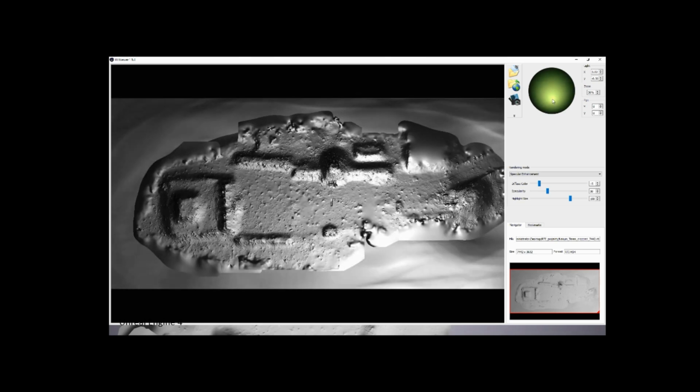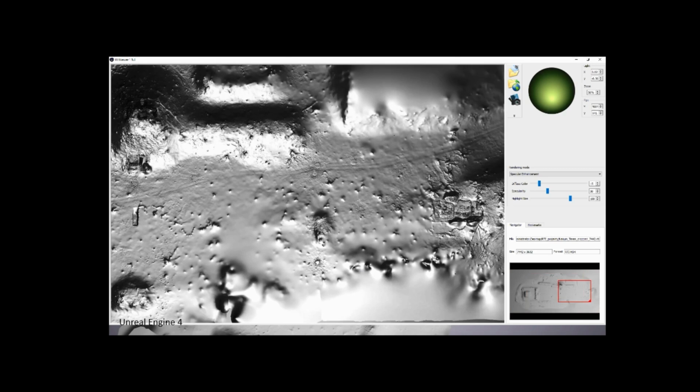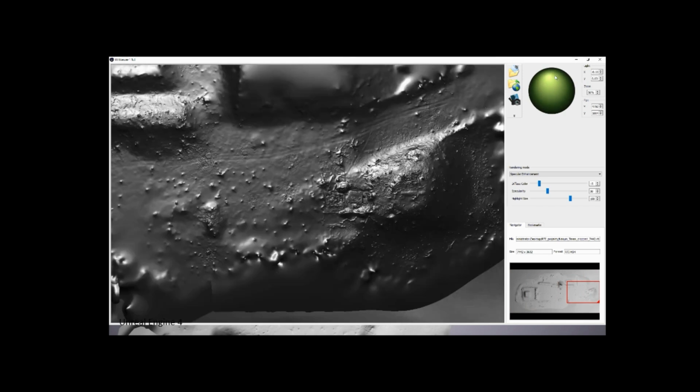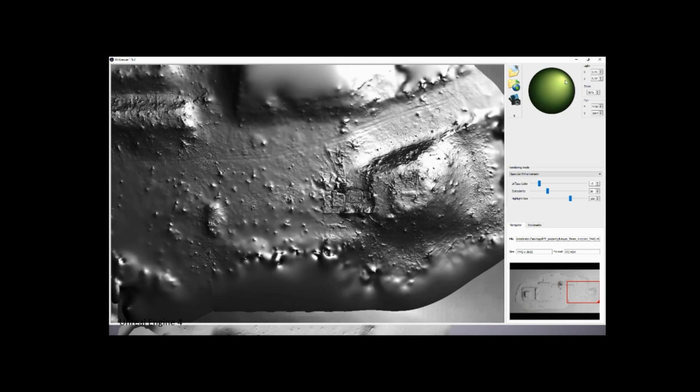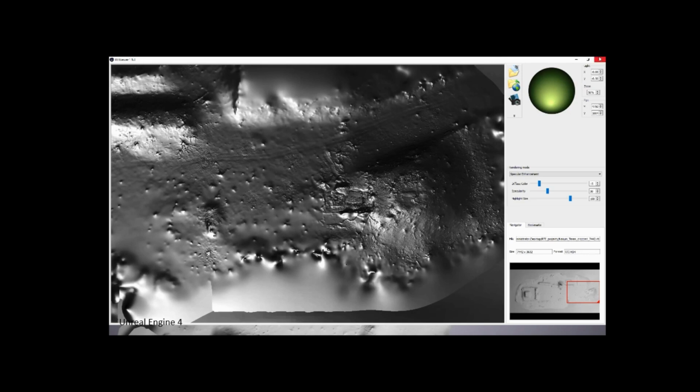With this, we can in real time examine the whole area or a selected area of the surface, and we can find some new features or some elements which are normally not visible from the